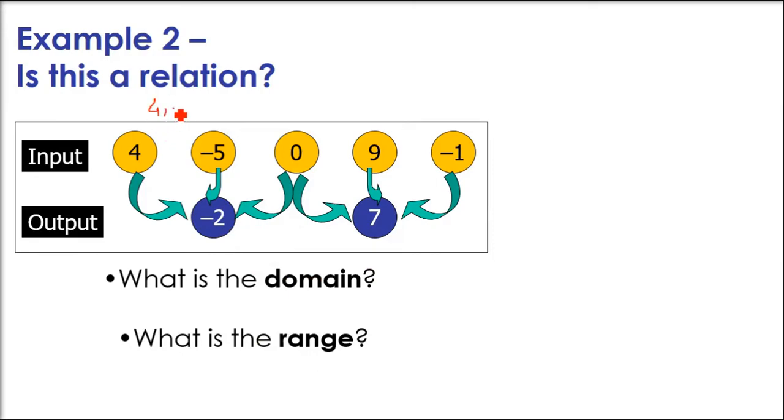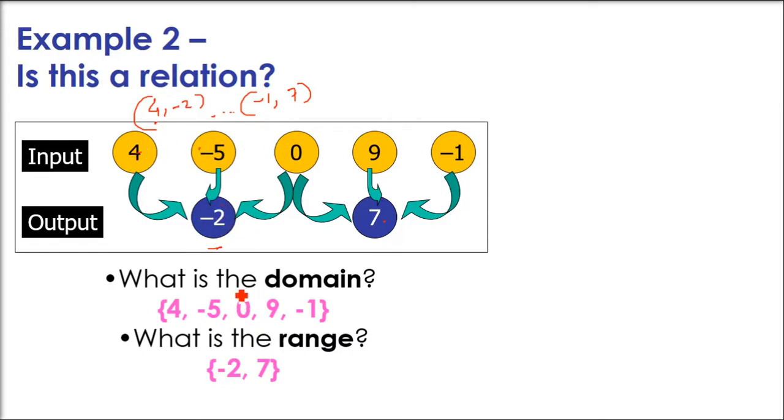If you take the input, 4, -2, I'm taking one of the values, 4, -2. Let me take one more, -1 and 7. In between, -5, -2, 0, -2, 9, 7, like this, 0, 7. So domain is always the first value, which are shown in yellow here: 4, -5, 0, 9, -1. What is the range? The Y values: -2 and 7.